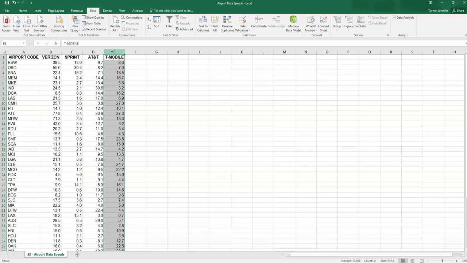So the first thing we were asked to do in this assignment is to find the mean of the carrier speeds for each carrier. So that means I need to find the mean speed for the Sprint data and the mean speed for the T-Mobile data. So let's do that. So the mean for Sprint